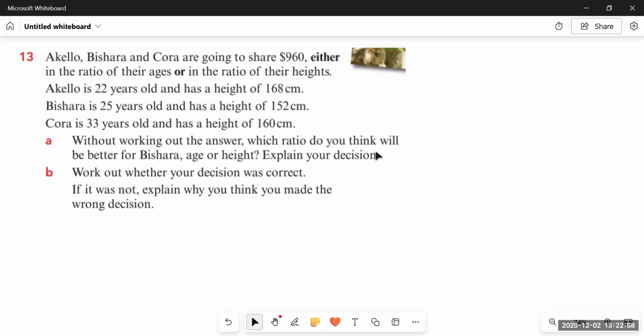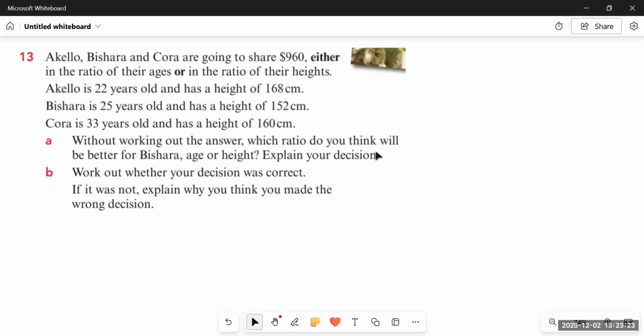So if we compare the ages of Akelo, Bishara, and Kora, it's 22, 25, and 33. So Bishara is in between Akelo and Kora. For Bishara, it's more than Akelo and less than Kora. So he'll definitely get the amount more than Akelo but less than Kora if they share the ratio according to